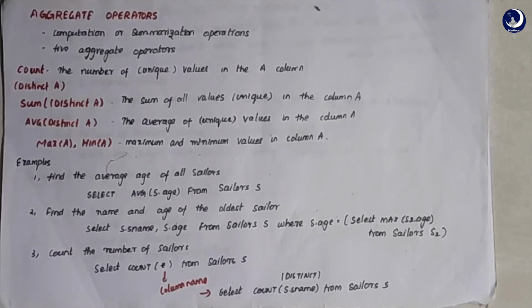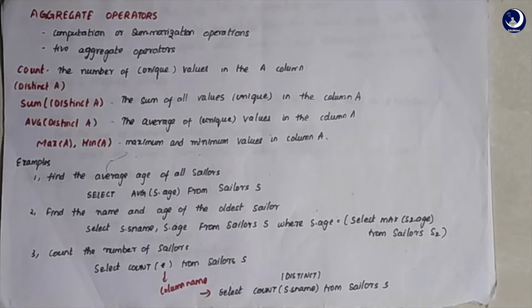All these are used to perform different summarization and computation operations on the database according to the result or use case we want. Now let's look at a few examples of them. This is very simple. These are things we have learned right from our childhood. Count, sum, average, max and min are little things we have learned. So let's look at a few examples to understand.